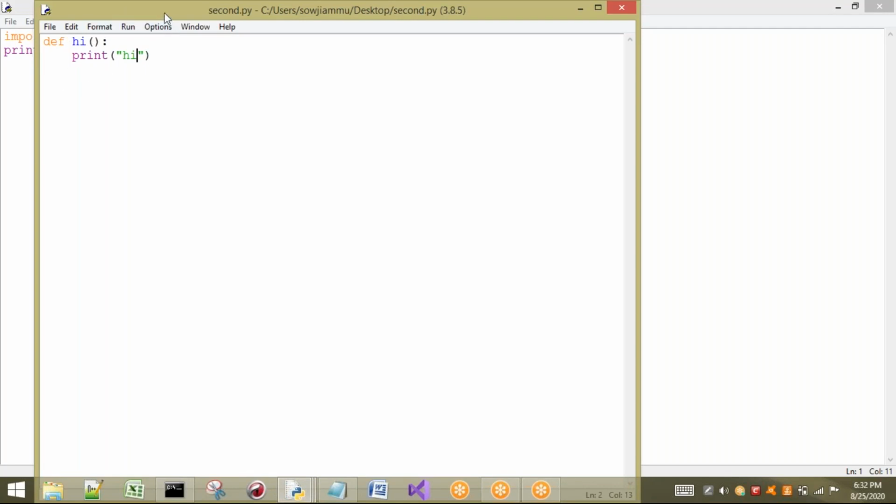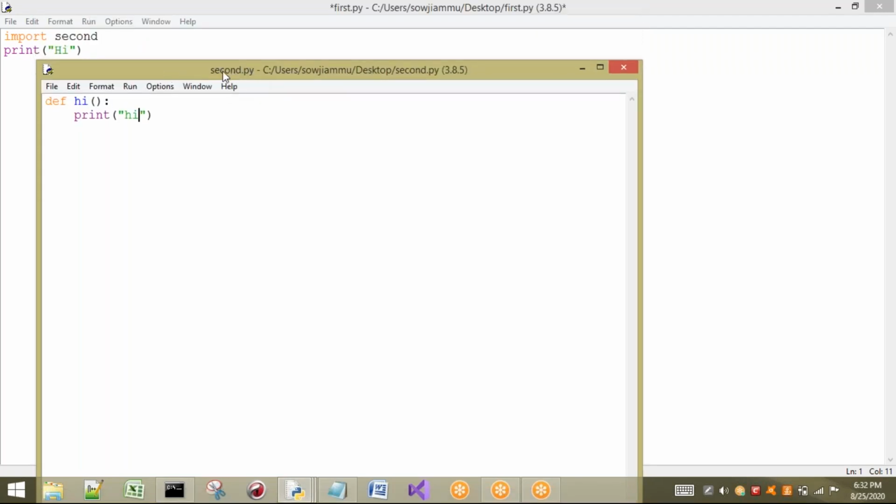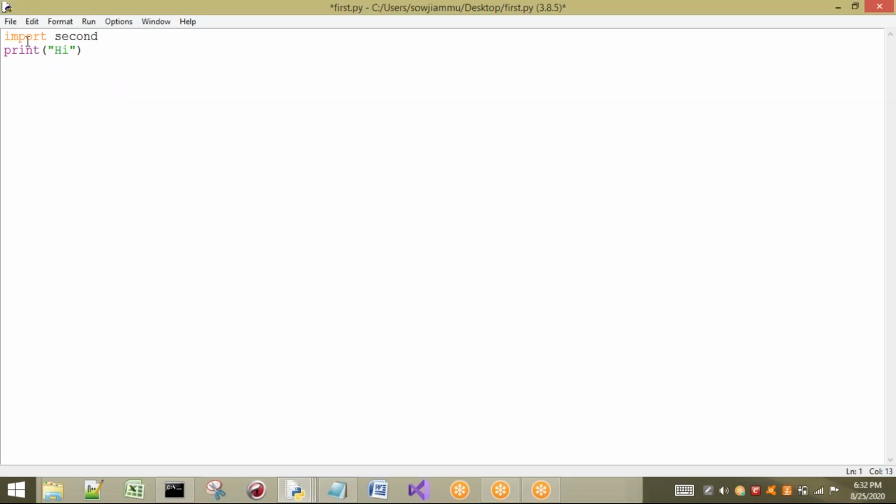The name of this file is second.py, so I am importing that one. Importing means I can get the data or functions that are present in second into the first. If I write import second, whatever functions or classes are available in second, I can access.